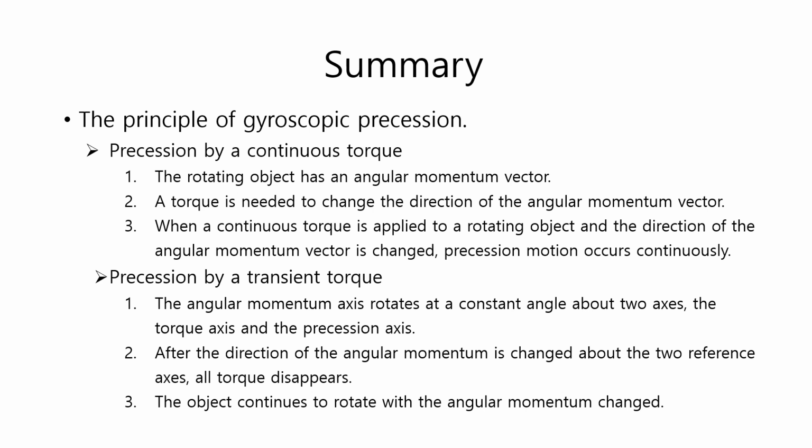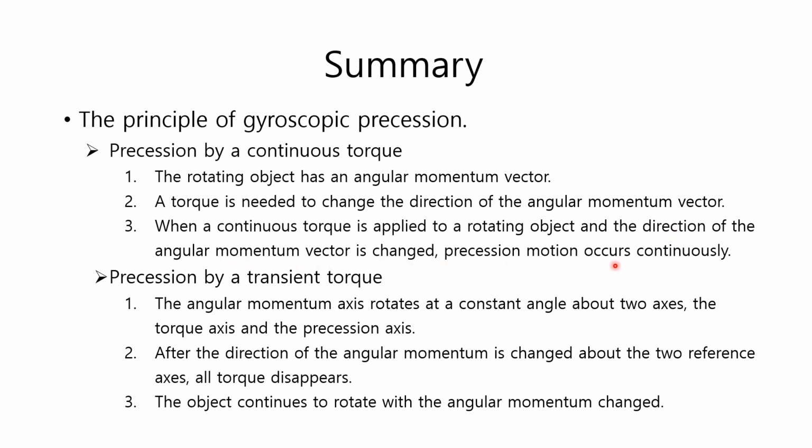Let me summarize what this video covered. The principle of the gyroscopic precession is explained. When a continuous torque is applied to a rotating object, the angular momentum axis changes and precession motion occurs. The principle for this is that, first, the rotating object has an angular momentum vector. A torque is needed to change the direction of the angular momentum vector. When a continuous torque is applied to a rotating object and the direction of the angular momentum vector is changed,